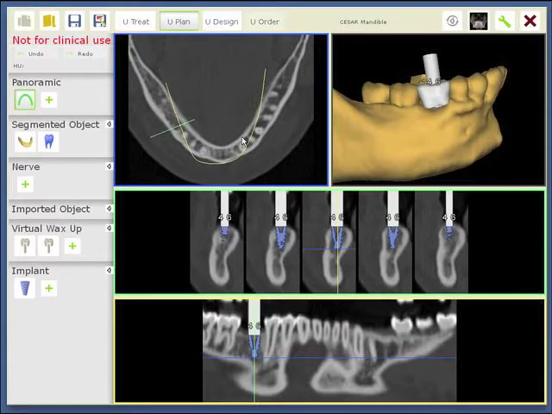We are in AccuGuide and we are in the module U plan. A virtual workshop has been done to replace the missing tooth, and we've been planning an implant in position 46. At this step, we need to fabricate a surgical guide to place this implant inside the bone in an accurate